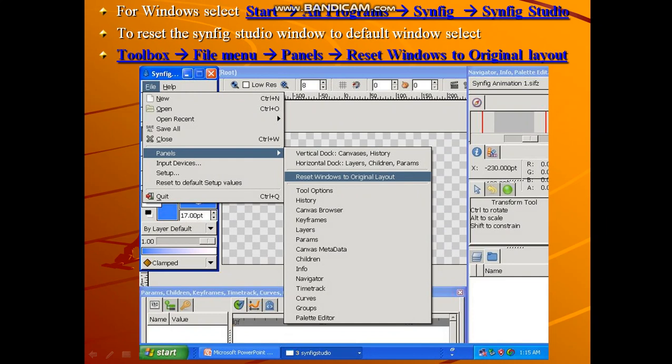To reset the Synfig Studio window to the default window, select Toolbox, File menu, Panels, and in that select the Reset Windows to Original Layout option. If any toolbar is not visible on screen, then you can select this option to reset it.